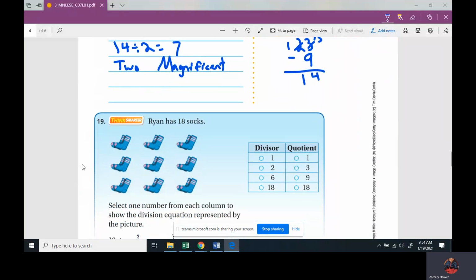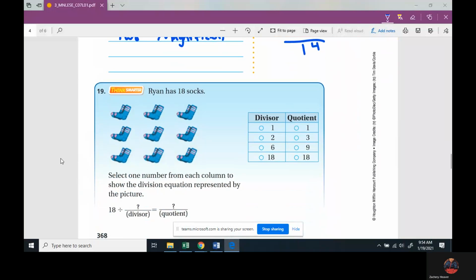The last one. Ryan has 18 socks. Select the number. So, first off, how many? There's 2 in each. Okay? So, what's the divisor going to be if there's 2 in each? We got to find there's 2 here, 2 here, 2 here,